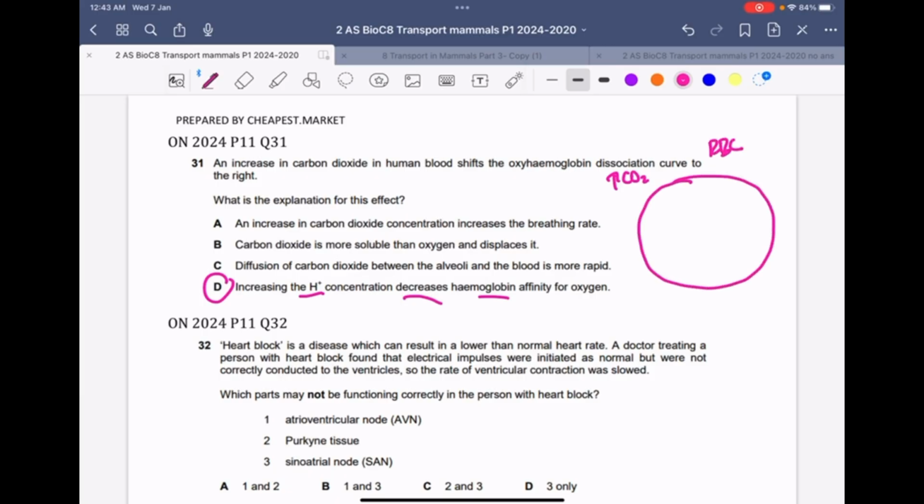What happens inside the red blood cell is that carbon dioxide will combine with water and become carbonic acid, which is H2CO3. This carbonic acid is an unstable compound, so it will dissociate into H plus and HCO3 minus, which is bicarbonate ions. So the H plus will increase in the red blood cell. In order to prevent a further increase in acidity, the hemoglobin, initially the oxyhemoglobin,